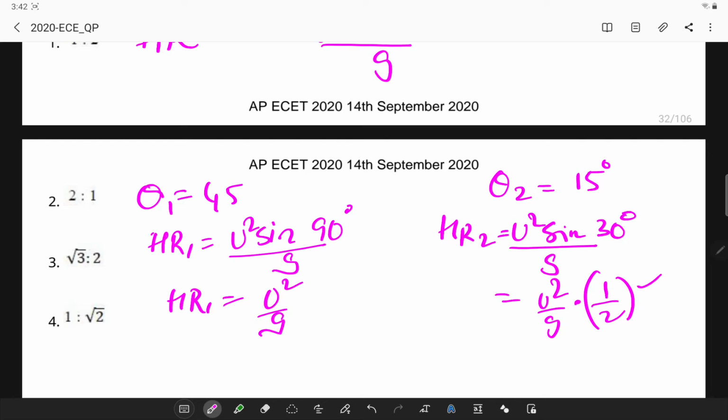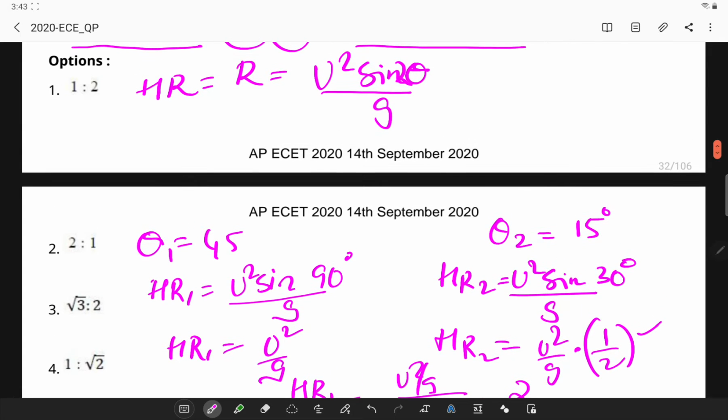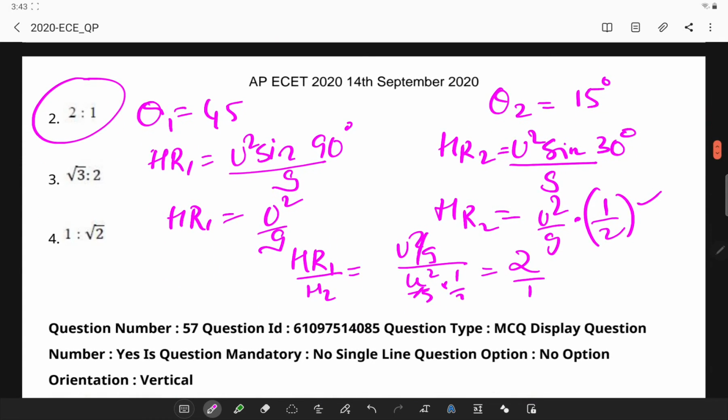Now if I take the ratio of ranges HR1 to HR2, it will be u square by g divided by u square by g into 1 by 2, or these get cancelled, and I will be getting 2 by 1. So the answer is 2 by 1. Next,